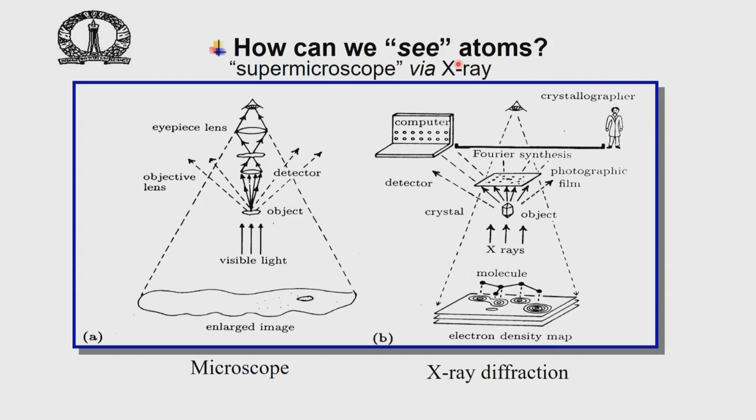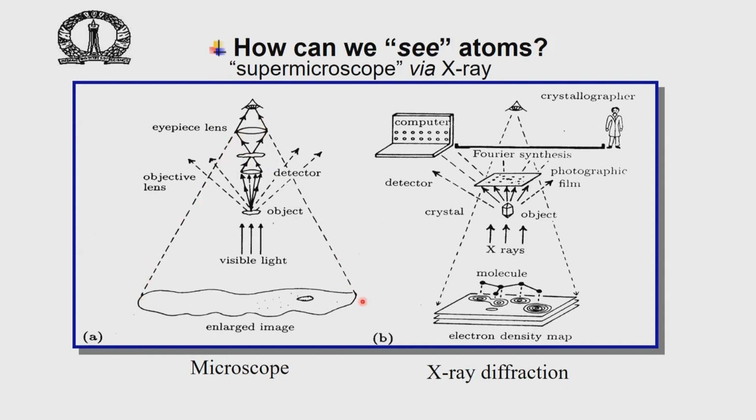If we have the knowledge of the phase as well as the amplitude information, like in the case of a normal microscope where we have visible light as the probe and visible light falls on an object, the object scatters radiation in all possible directions and we take these scattered radiations and put a convex lens in front of it, the so called objective lens, we get an image of the object. So the main object generates the image, just like the previous slide we had, and this image